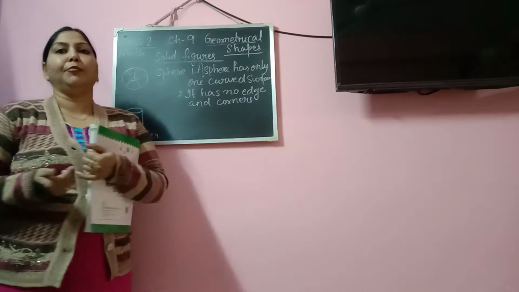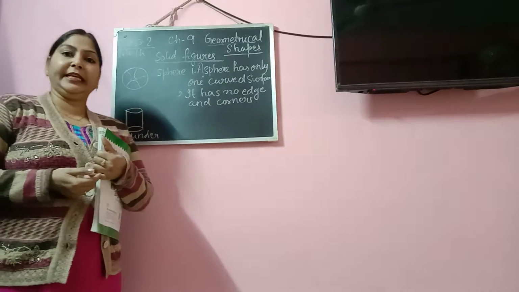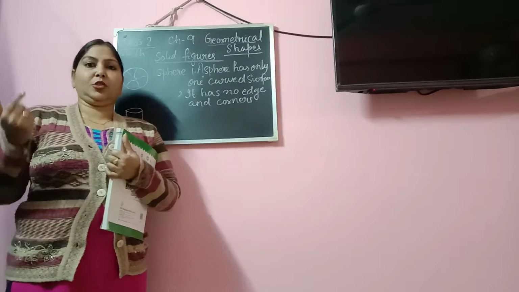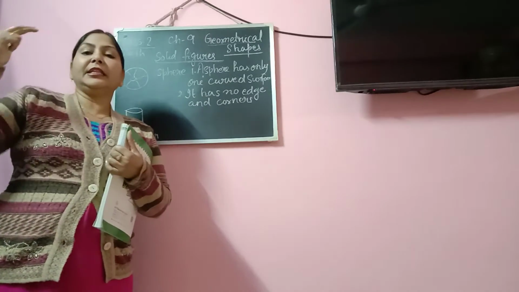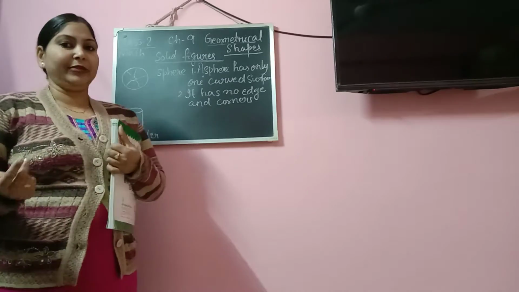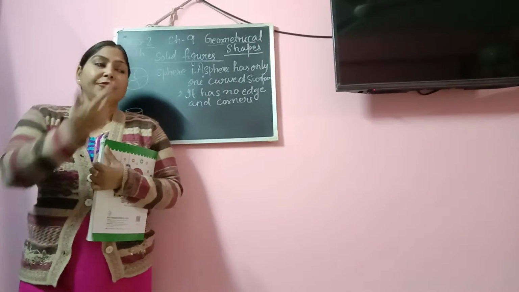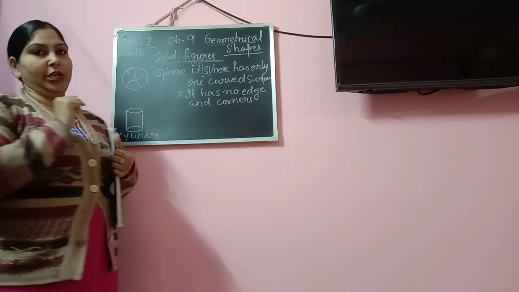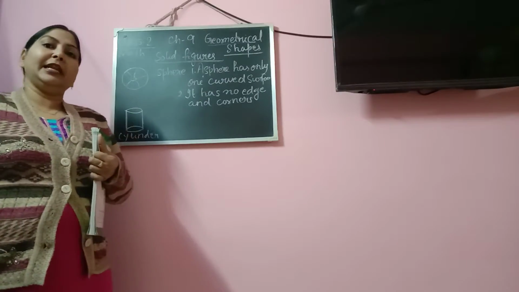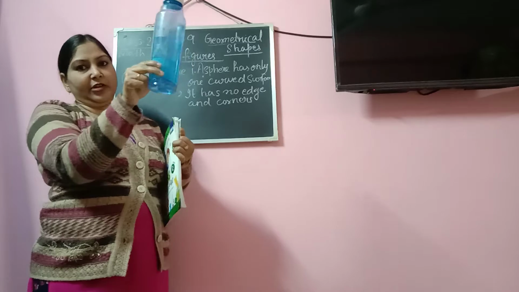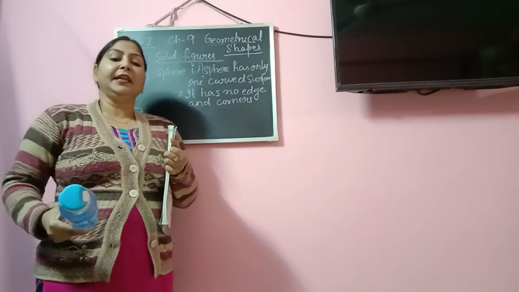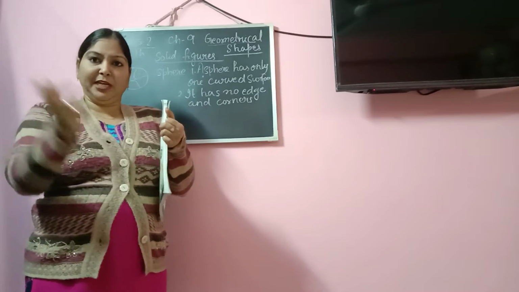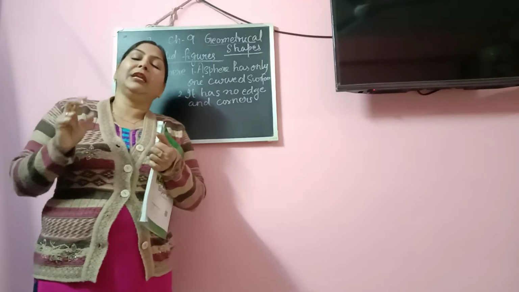Now we come to the next type of solid figure, which is called the cylinder. If you have heard your parents talking about a cylinder, you must have noticed that they often talk about the gas cylinder. If you notice the shape of the gas cylinder, it is almost like this shape. Another example is a bottle, which is also cylindrical in shape. Then if you take a plain paper and make a roll of it, that roll will also look like a cylinder.